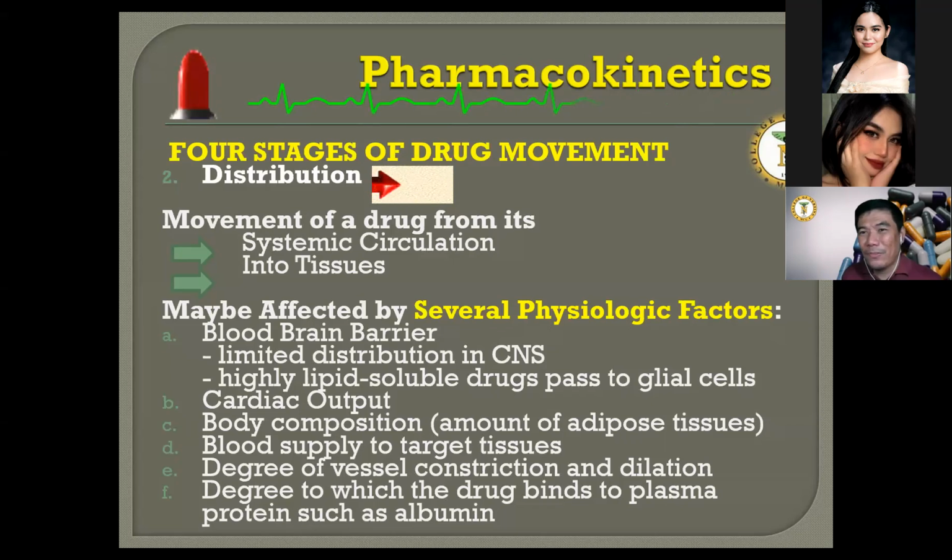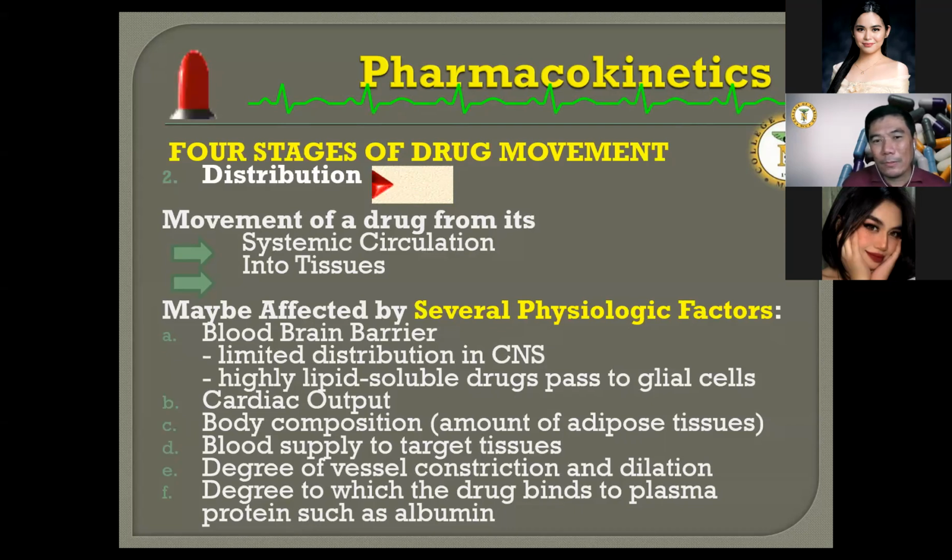Yes, Miss Abilino? Sir, bakit po pag lasing binibigyan ng B-complex? B-complex. Actually, this is the first time that I've heard that. Pero I've also witnessed because somehow the B-complex, di ba usually the B-complex acts on blood vessel and nerve. So the B-complex may help the action of the nerve to make the blood vessel dilate. And to make the blood vessel dilate, it will cause the sufficient flow of the blood so that it may not cause the possibility of the insufficiency of oxygen supply through the circulation.